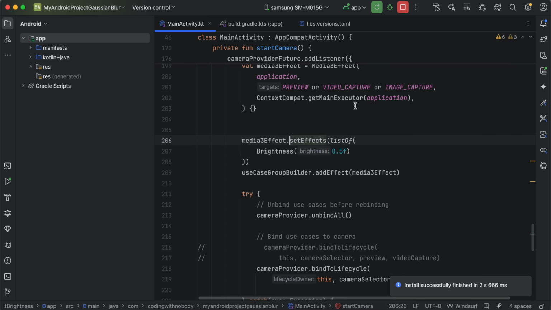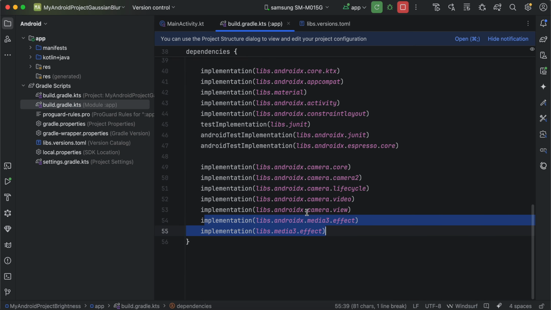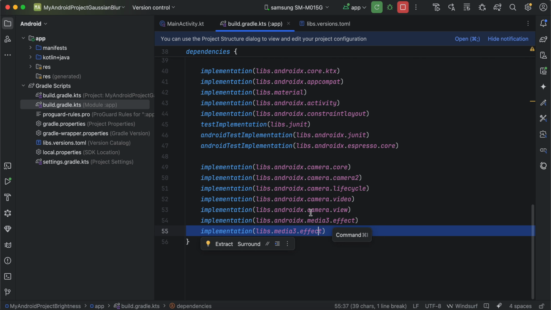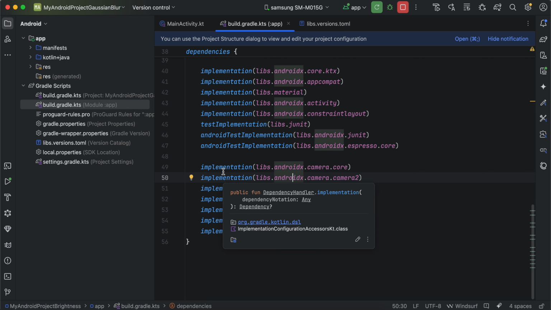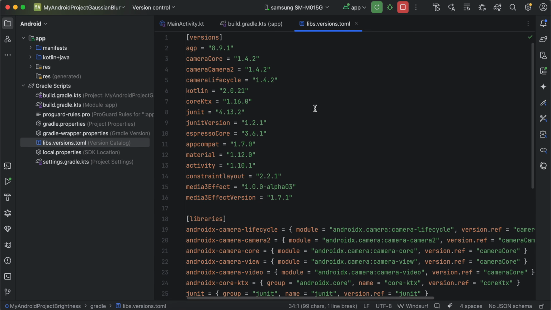First, I'm using an XML layout, but if you want you can use Jetpack Compose as well. You will have to go to Gradle scripts and open build.gradle.kts, and here you need to add camera core, camera 2, camera lifecycle, camera video, camera view, and AndroidX Media 3 effect as well as Media 3 effect. Now I'm using a version catalog, so the version numbers are added inside libs.versions.toml. Here you need to add the camera core dependency, camera 2, and camera lifecycle,